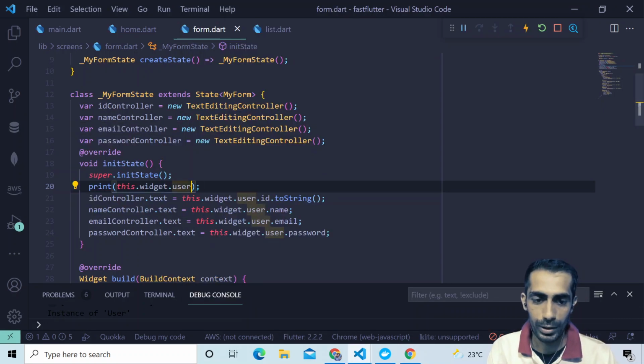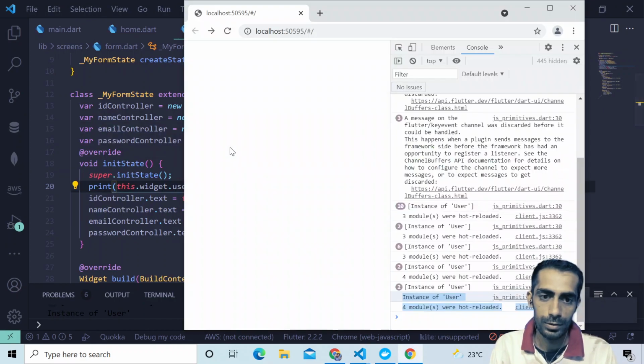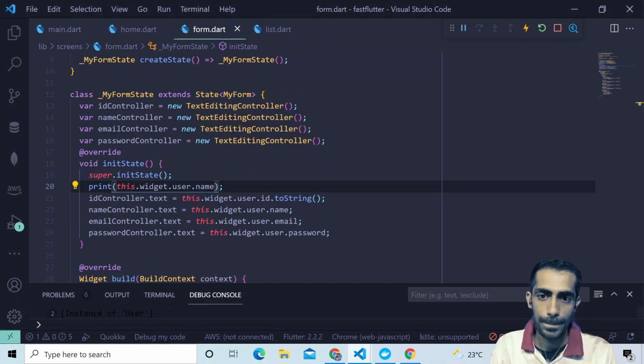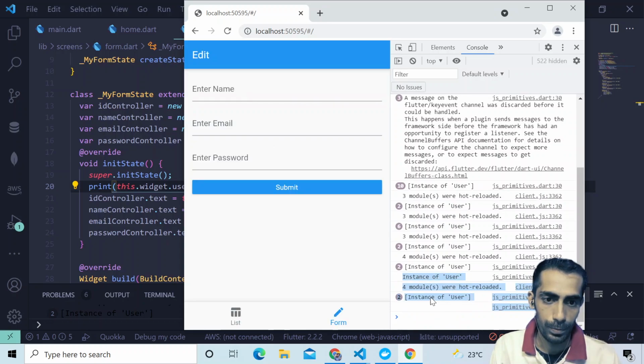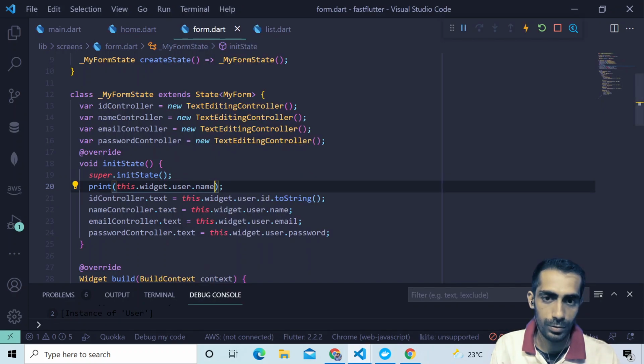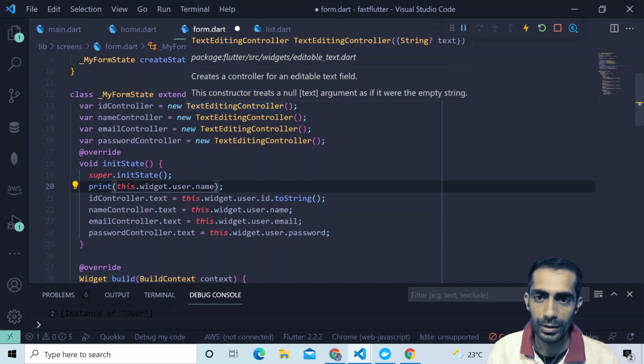Let's try to print name. Okay, it means we are getting user here, but somehow we are not able to print. It's fine. The only mistake we have made is